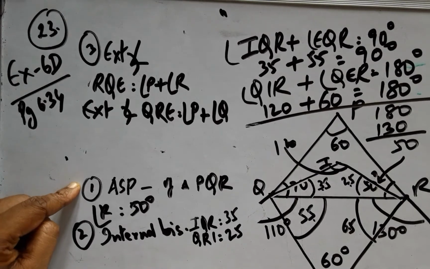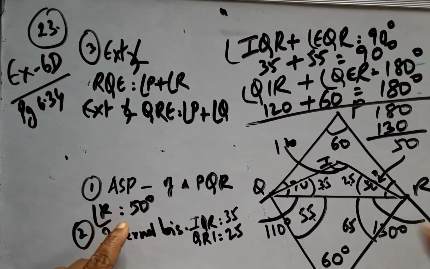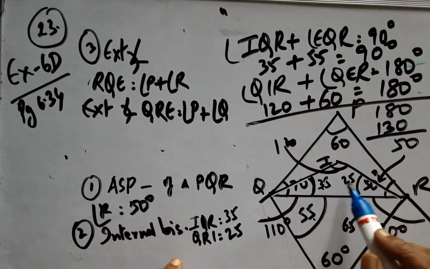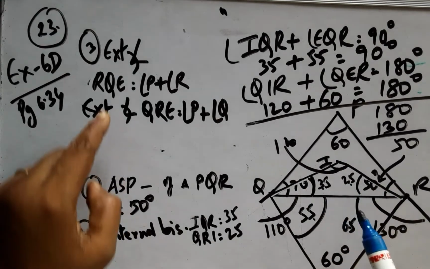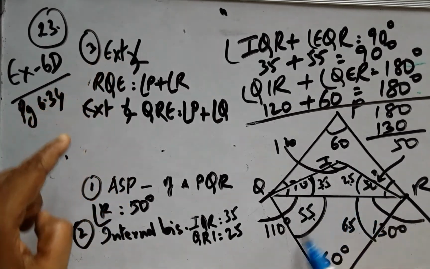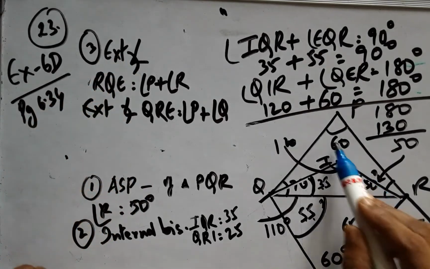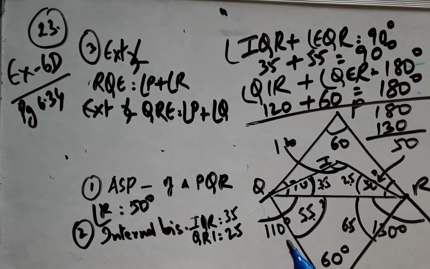And remember the order of sequence. Angle sum property of PQR gives you angle R. Afterwards, you have to arrive at the internal bisectors, because you have 70 on hand and 50 on hand, and you have to arrive at the internal bisectors. Next, you have the external angle. You have to arrive at the external angle, because this is equal to the sum of these two and this is equal to the sum of these two, and that is how the next step comes.